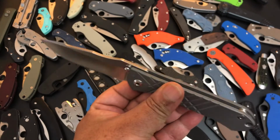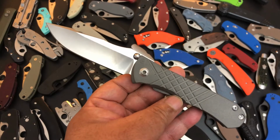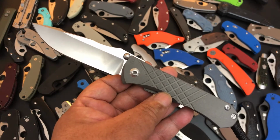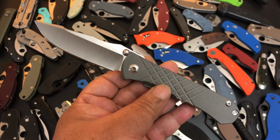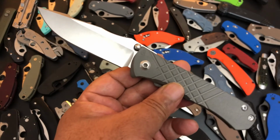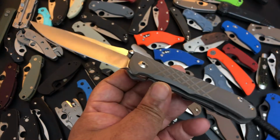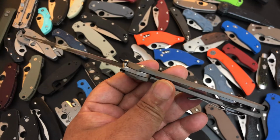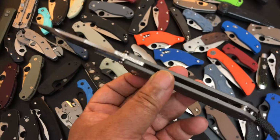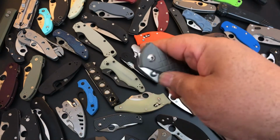And everyone was saying the Chris Reeve knives are so expensive. By the way, they still have that tag. They are expensive. You're talking about 350 to 700 depending on what you have, if you have Damascus and all that. But there are a lot of knives from people who just got in the business like yesterday that cost more than that. But anyway, at the time when I looked at it, I was just starting buying knives,